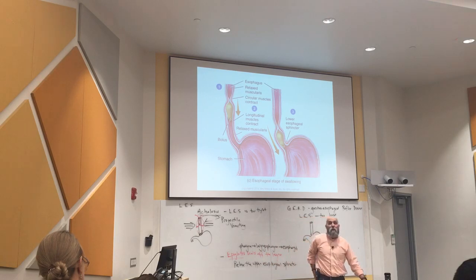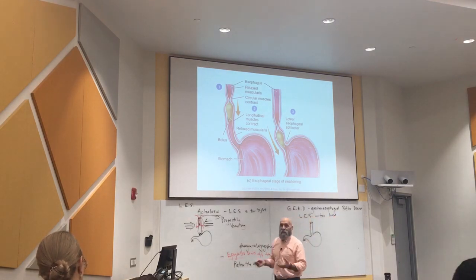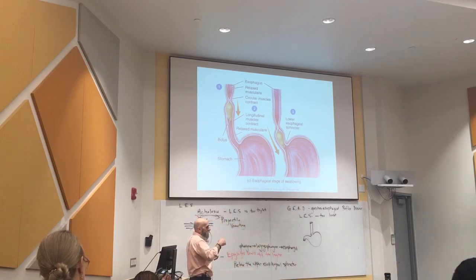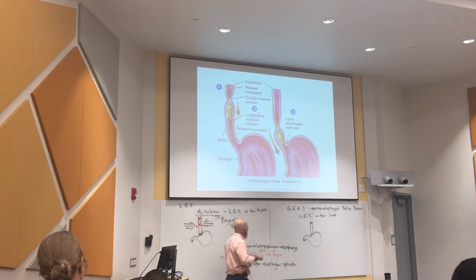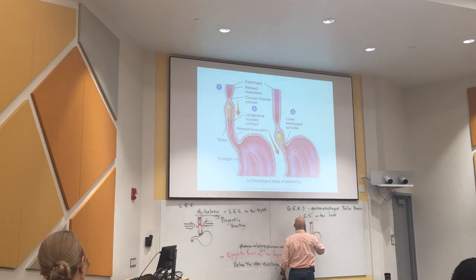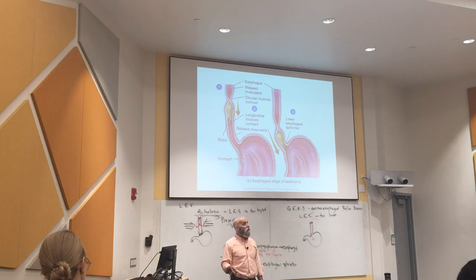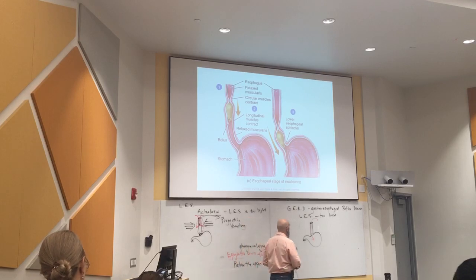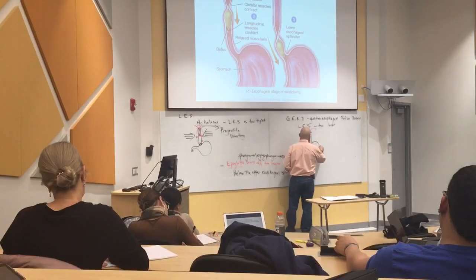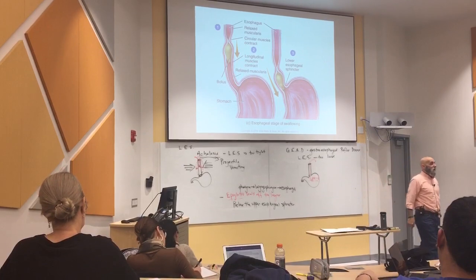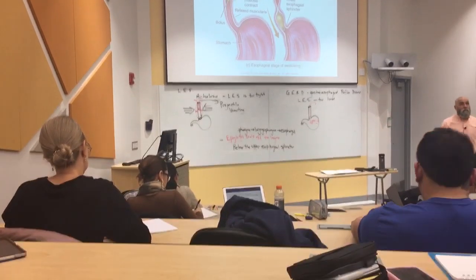So there's no problem with the food getting into the stomach. That's not an issue. You're not going to have this problem over here at all. It gets in. The food goes right down, not a problem. You eat the food, here goes my food, whoop, right into the stomach, not an issue whatsoever. And the stomach then begins to do what its job is, and we won't be getting to that today per se, but what happens is it begins to produce gastric juice, and the gastric juice in the stomach has a pH of about 1 to 2. Very, very low pH, very acidic. Matter of fact, the acid in your stomach, if you could somehow